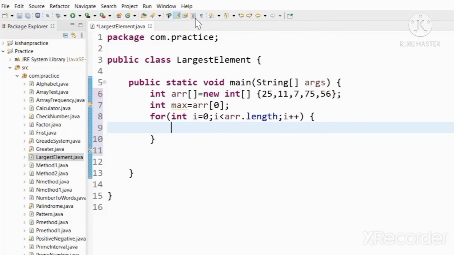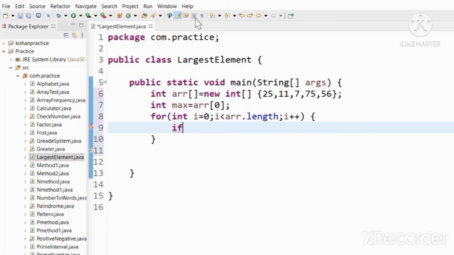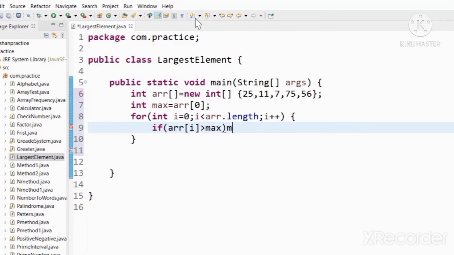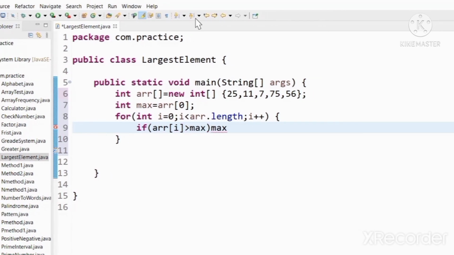After that we are going to compare the element of the array with max. So we are using an if statement: if arr of i is greater than max, max is equal to arr i.